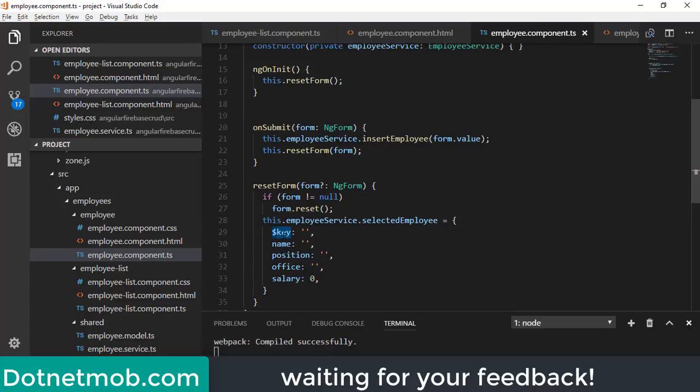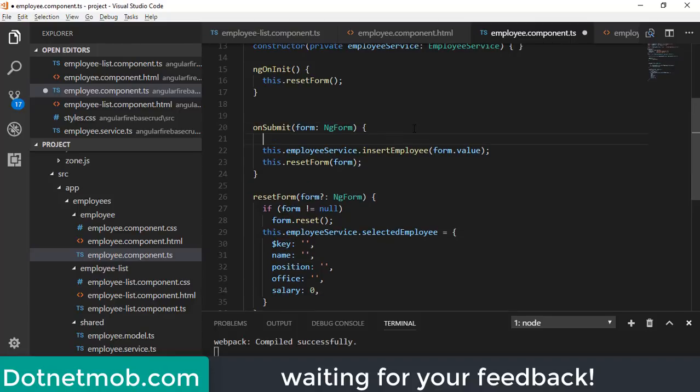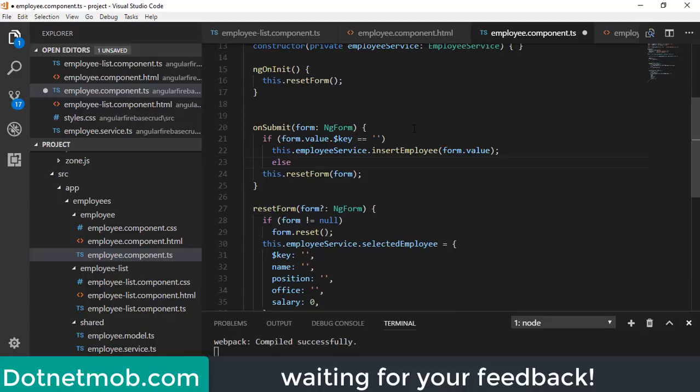If key is equal to empty string, then we can say that it is an insert operation. Otherwise, it will be an update operation. So I will add if clause here. If form dot value dot $key, if it is equal to empty string, we can say that it is an insert operation. In the else part, we will do the update operation.